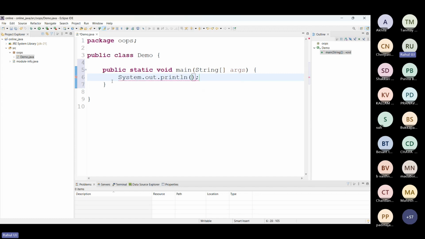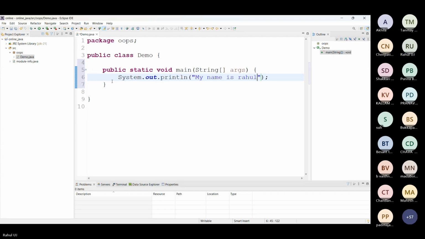For example, here I will write, my name is Rahul. For execution, where did we usually go? We were using the command prompt.